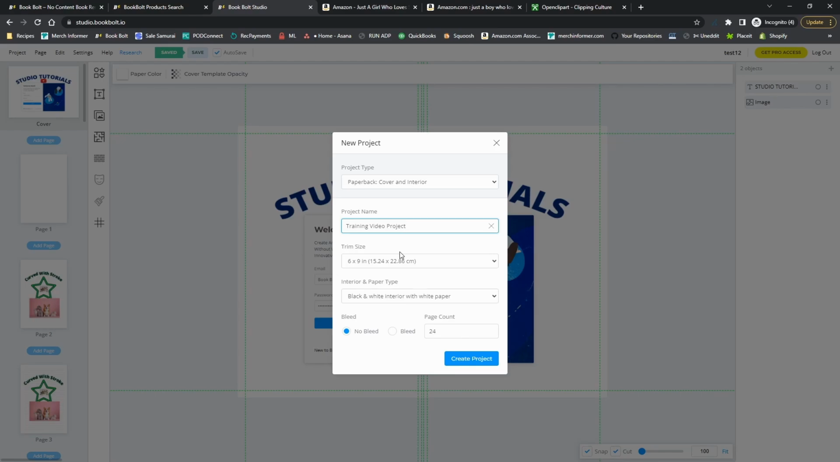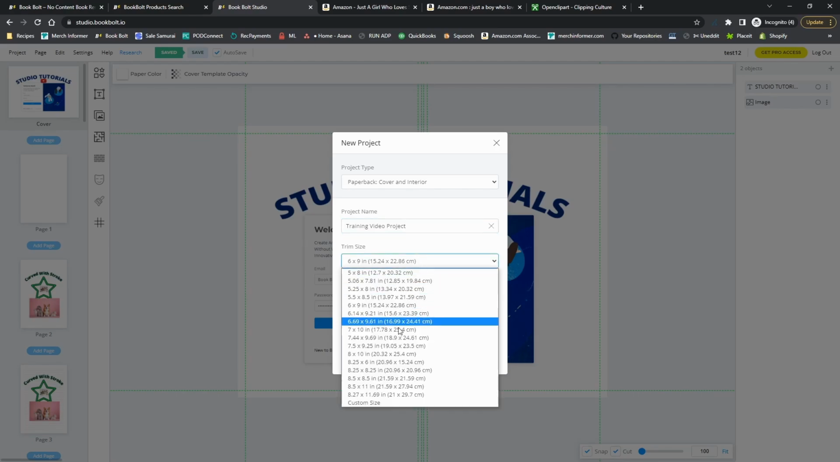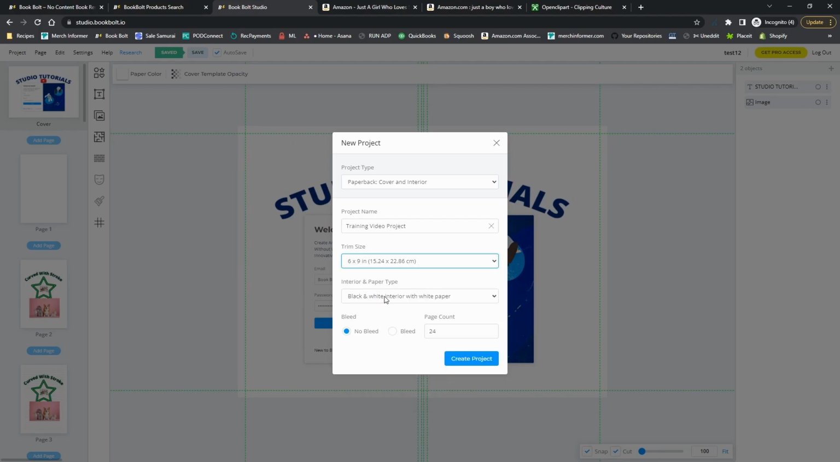And the trim size. Go back, look at your research. What books are selling in the niche you want to create in? Are they 8.5 by 11s? Are they 6 by 9s? We have all the KDP sizes directly in here. So I'm going to go ahead and select 6 by 9, as well as the interior and paper type,